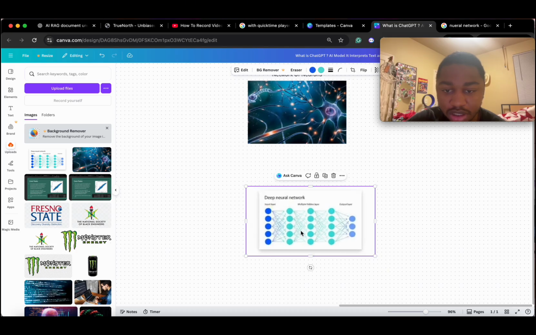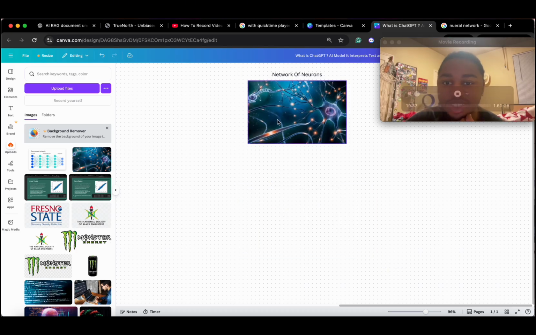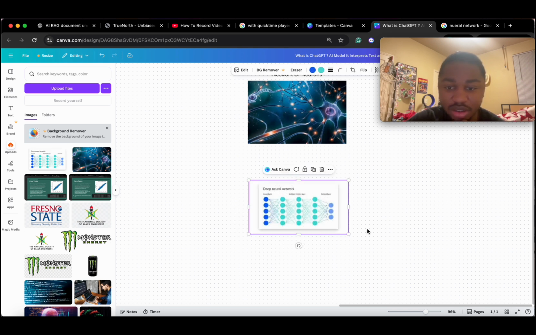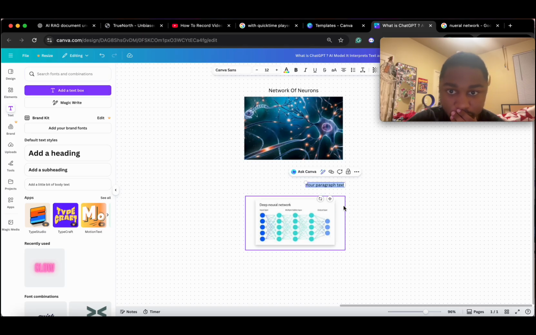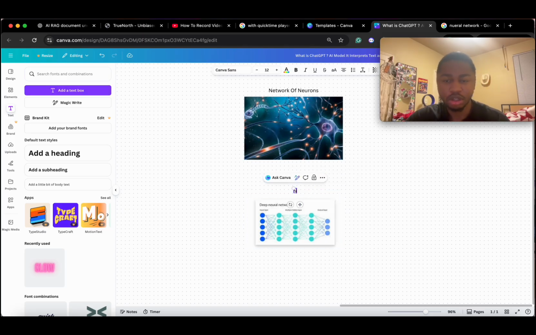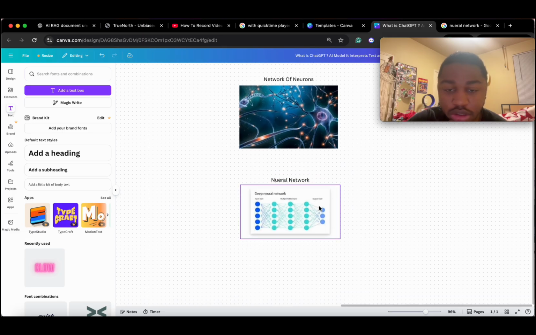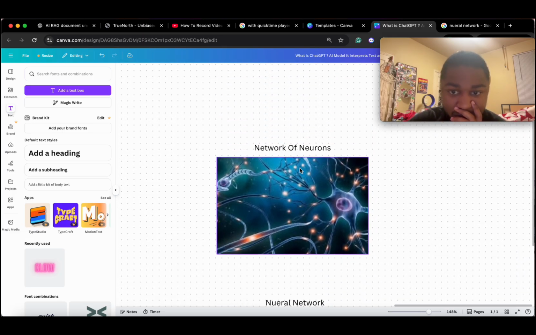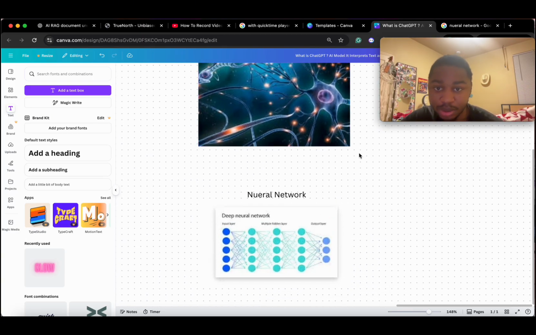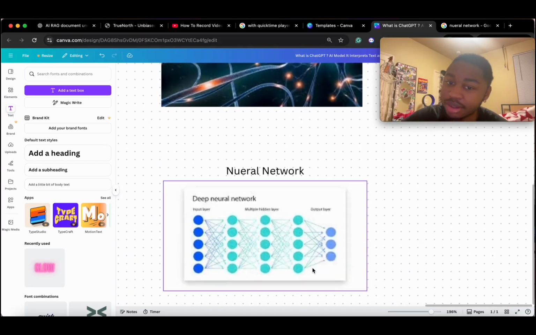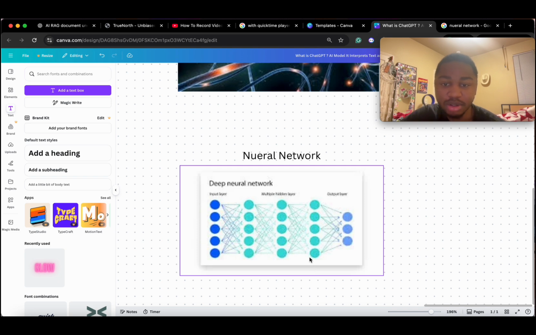This one's kind of blurry, but it should be fine. Neural network. Alright. So it's essentially the same thing, right? And this one's more 3D, like what's in your brain. But imagine this 3D projected into 2D. It would look maybe something like this. And so this is a very blurry picture.